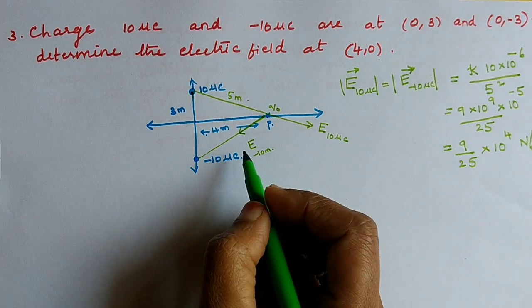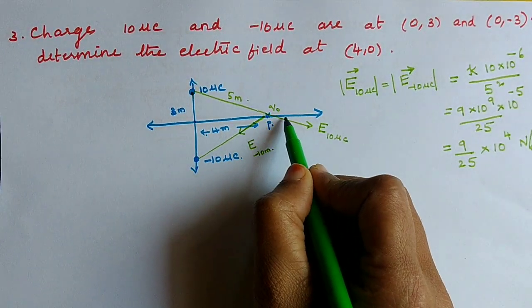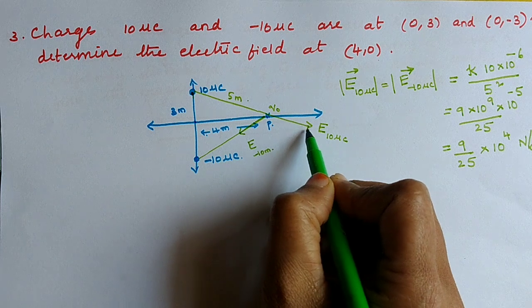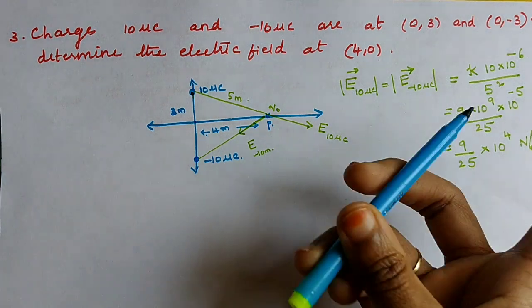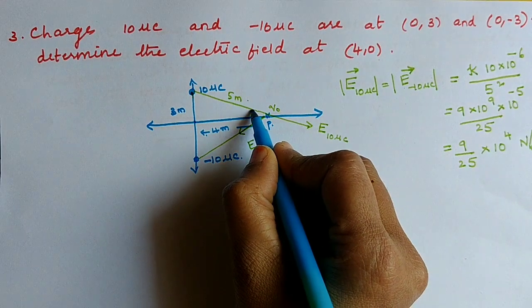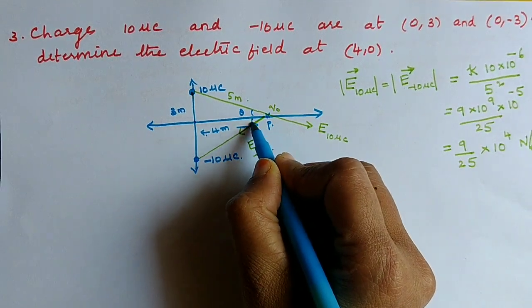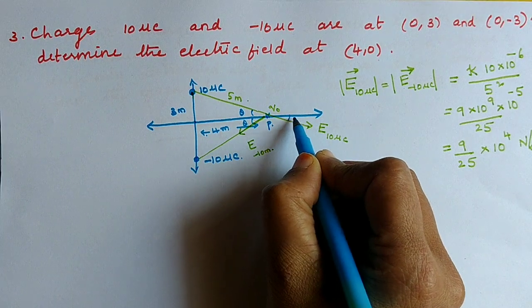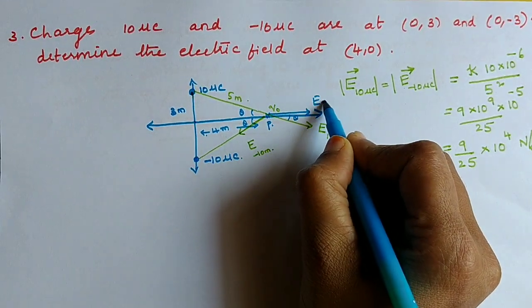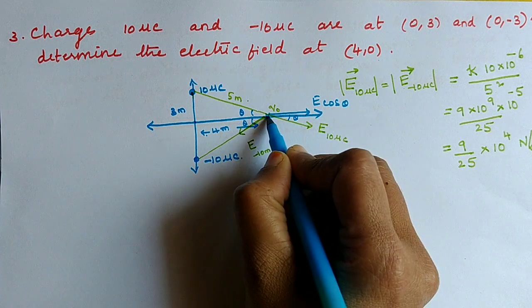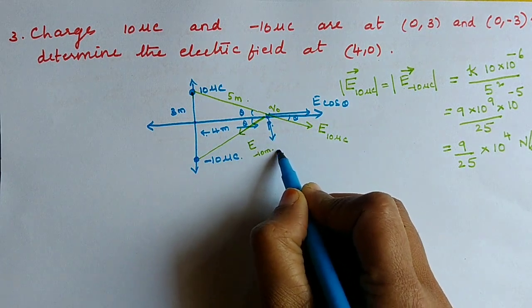Now we have to use vector law of addition or resolve these vectors into components. If I resolve this E into components, we'll get two components. For that we have to take the angles. Okay, let this angle be theta. So this also would be theta. Theta, split E into components. This is E cos theta and here we have E sin theta.